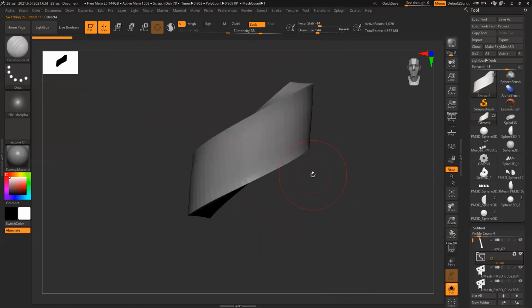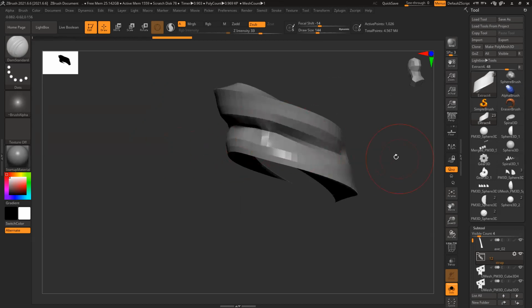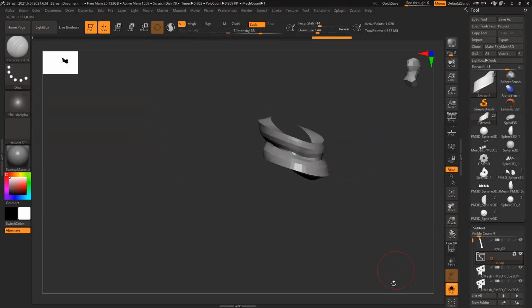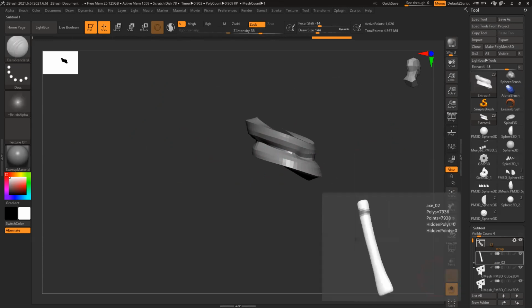And let's see, I create some detail here. I created this thing and move it outside.